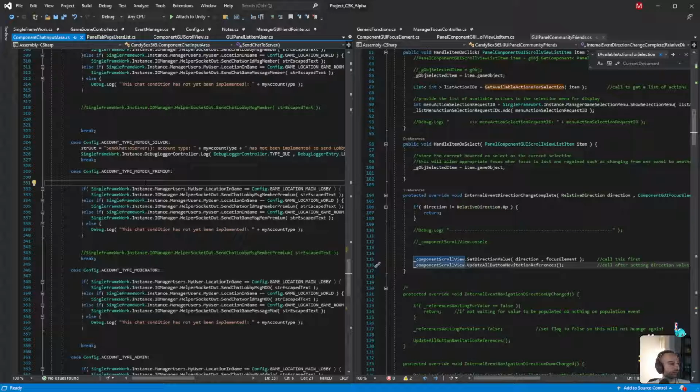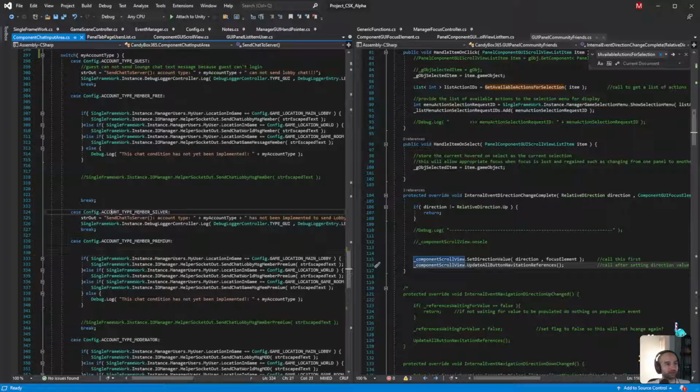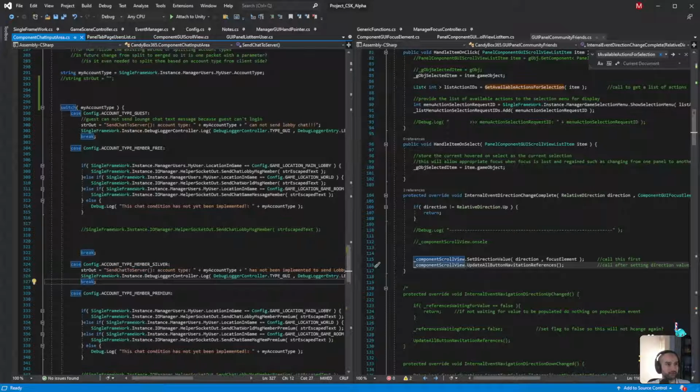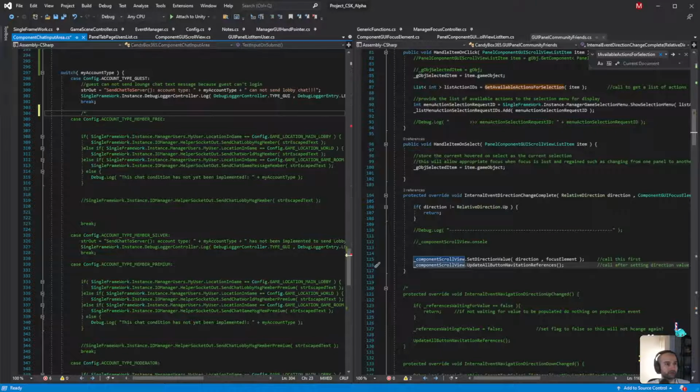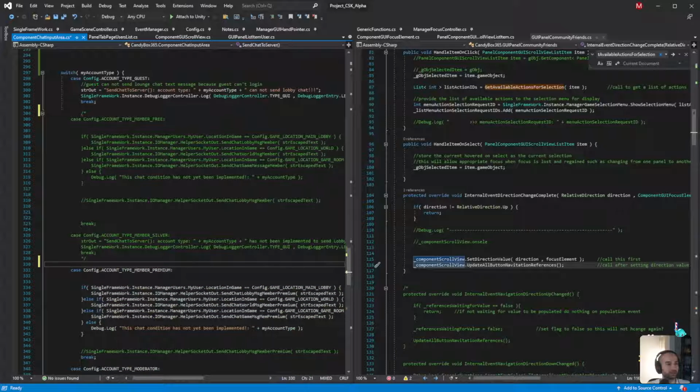Okay, so how can we make it just work for now? Member silver never existed. Member free does not exist anymore. Everything is being consolidated.